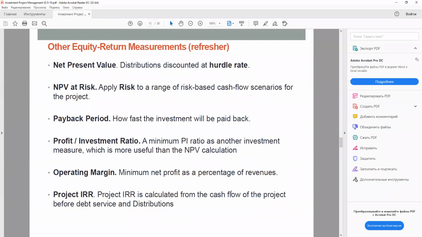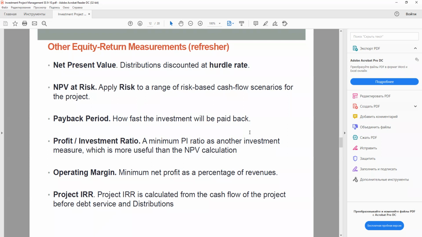Let us refresh and recall the various measures of efficiency of the project we discussed probably 3 or 4 lectures before. So given the problems with using equity IRR, many investors do not use it as a sole measure of whether an investment should be made in a project finance transaction or not. Other measures are used as further checks to ensure that the IRR measure does not recommend an unsuitable investment.